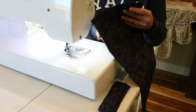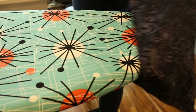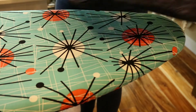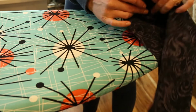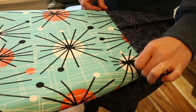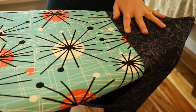Okay, so this side is finished. Now we're going to turn it around and do the same thing on the other side. So I've got my square over here at the ironing board, and you can see that my sides are sewn up already. Now I'm going to open this up and slip it over my ironing board at the tip of it. We're going to create our casing now, and what that means is that we're creating the channel for the